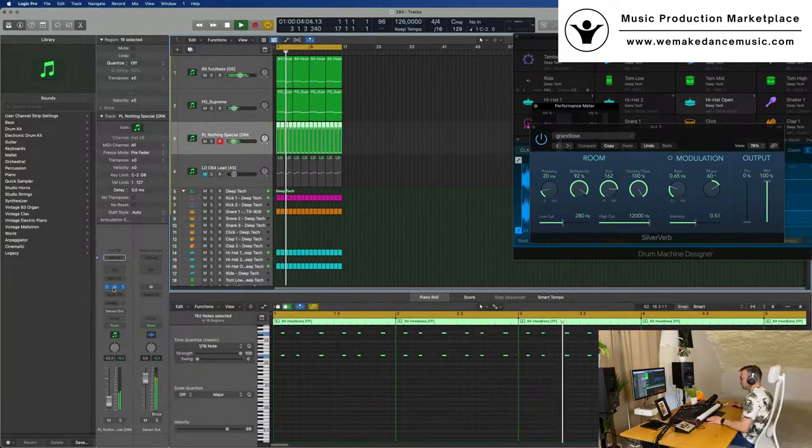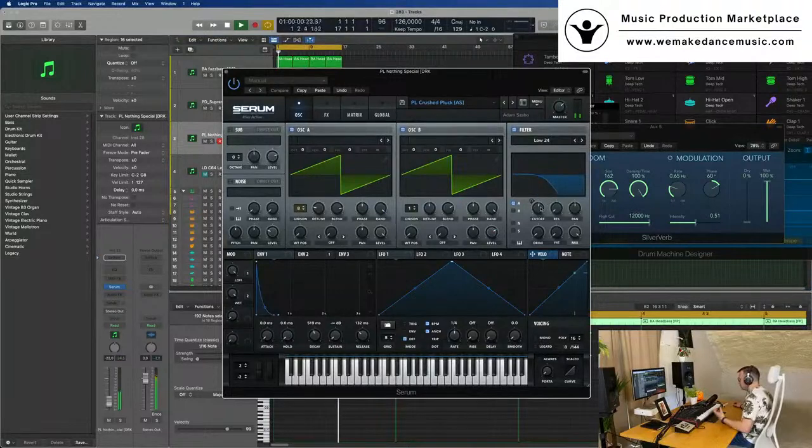Cut the top, because the bit crush thing is great because it has a lot of frequency, but at the same time it takes a lot of room in the mix. So